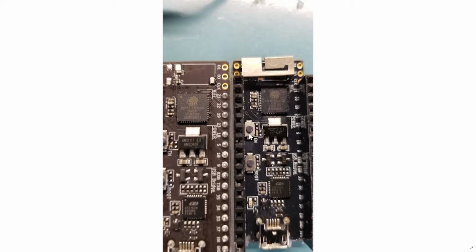Okay, so I start looking at the boards, and the new one's on the left, the old one's on the right. You can tell with female headers. Sorry, this picture's not very good, and I didn't really want to go take another picture of this board. I've spent enough time on this project. But anyway, I start looking. I'm comparing chips. Okay, what's changed? I don't see anything, and so